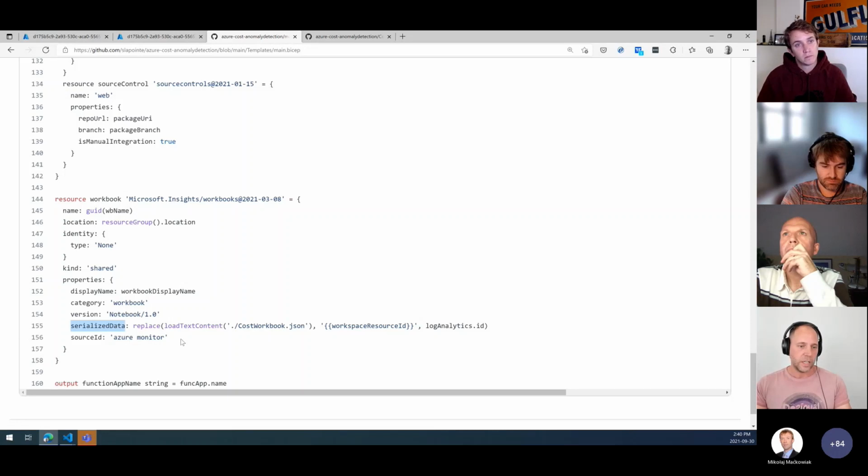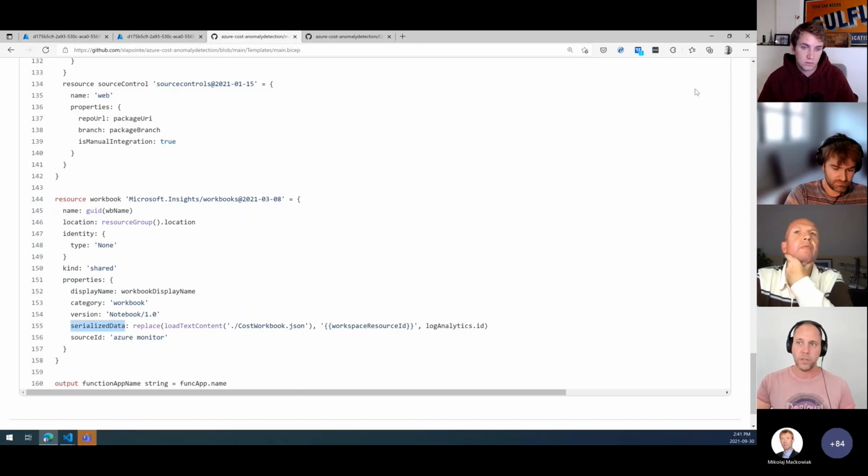So this is a pretty neat and useful use case if you want to load something and maybe parameterize things in there. You could just replace part of the string that is loaded.